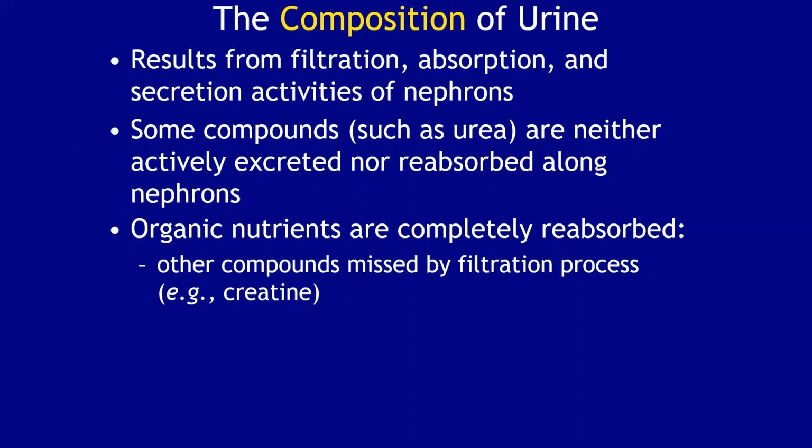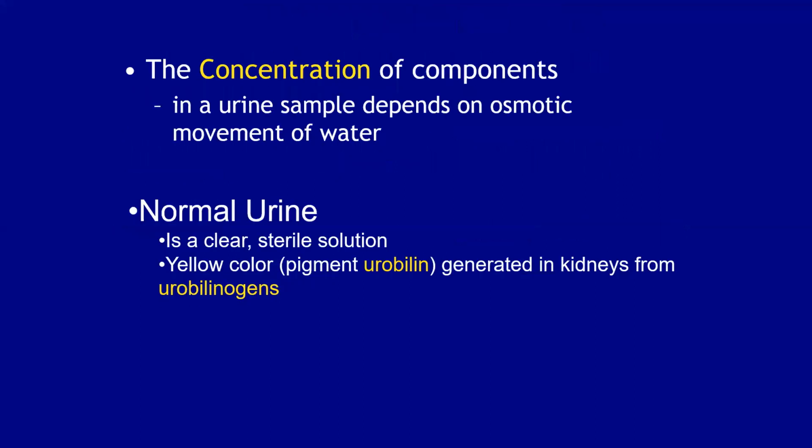Organic nutrients are completely reabsorbed, right? They're missed by the filtration process, such as creatine. The components of the tubular fluid, which will eventually become urine, depends on the movement of water. So this is osmosis. Normal urine should be clear,